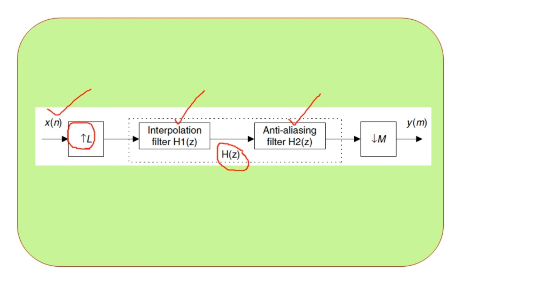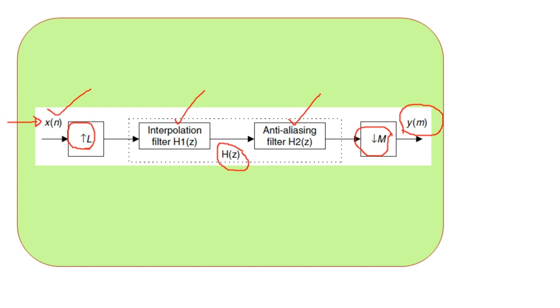After this filtering process we require the decimation. Here we have the integer value for the decimation factor denoted by capital M, with the notation of a downwards arrow indicated here. And finally from x of n, the original input discrete time sequence operated on for sampling rate conversion by non-integer factor, we obtain the output discrete time sequence denoted by y of m.